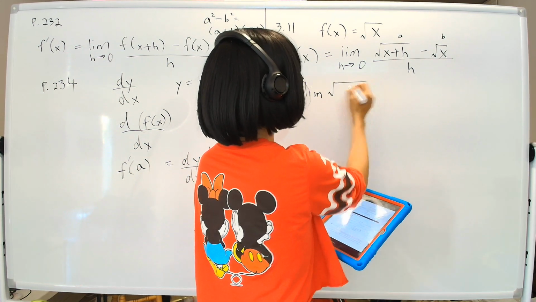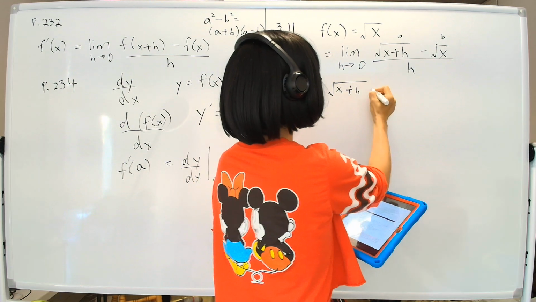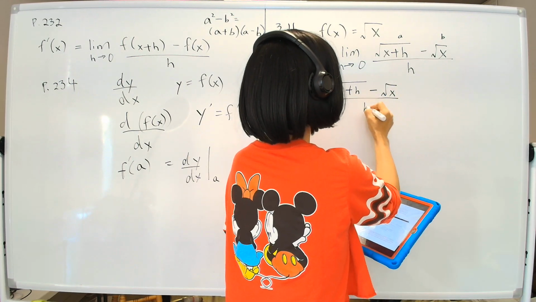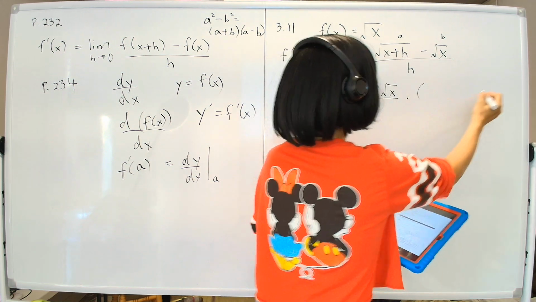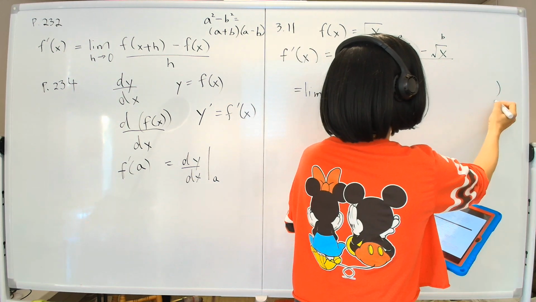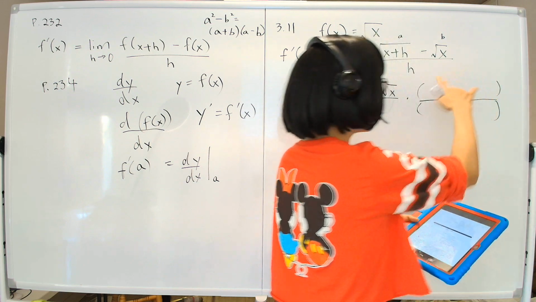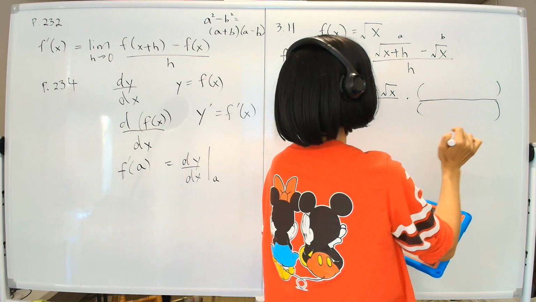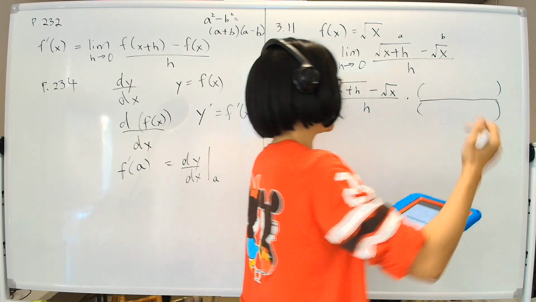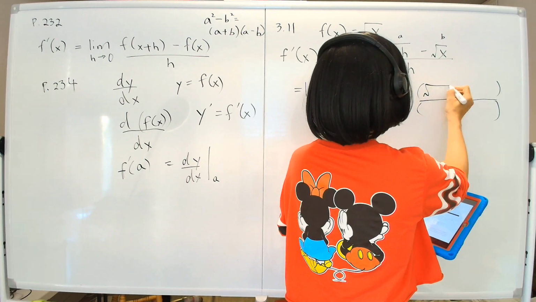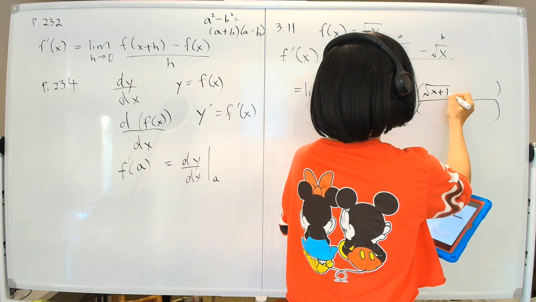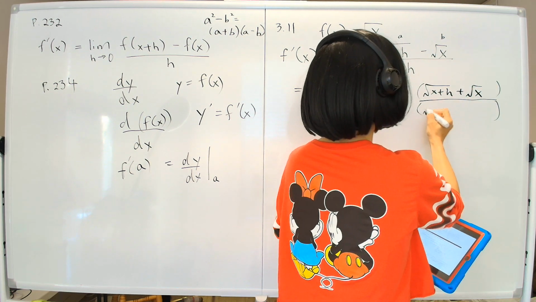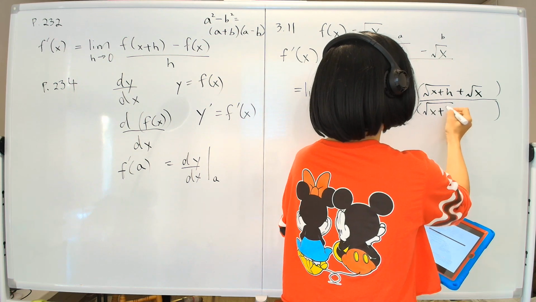you write this down again, x plus h minus square root x over h, and multiply by something that's the same top and bottom, so that it equals 1. This thing equals 1 because the fraction has the same value here. So when you multiply something by 1, you don't change its value. So we'll multiply specifically by the plus version. And we'll do the same thing top and bottom. Square root of x plus h, so you write it again,